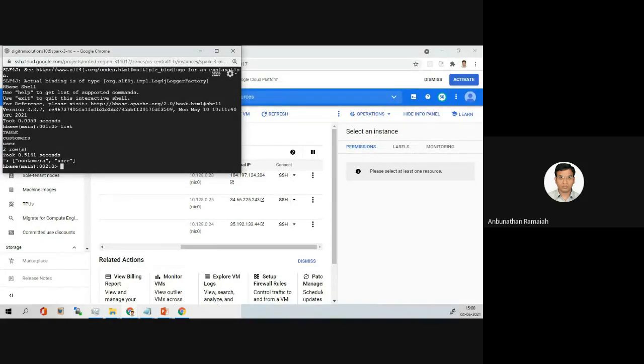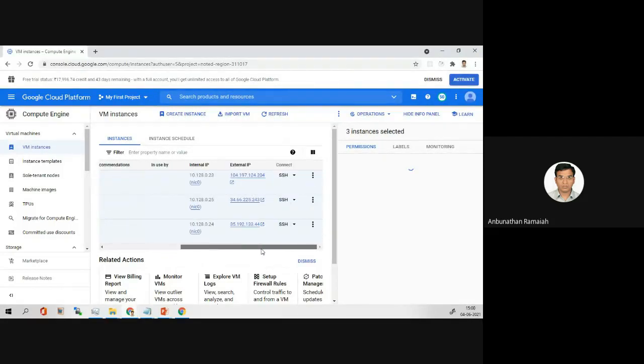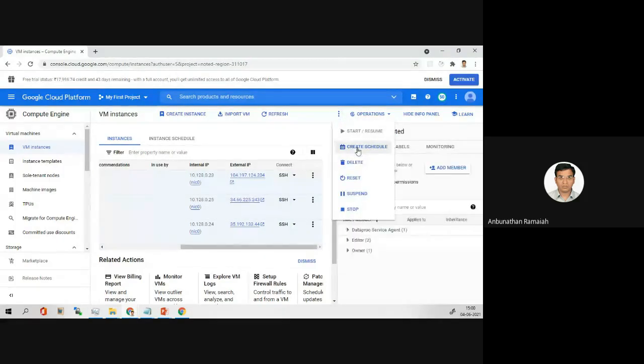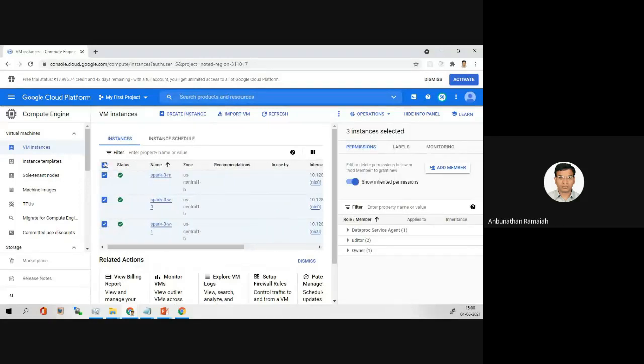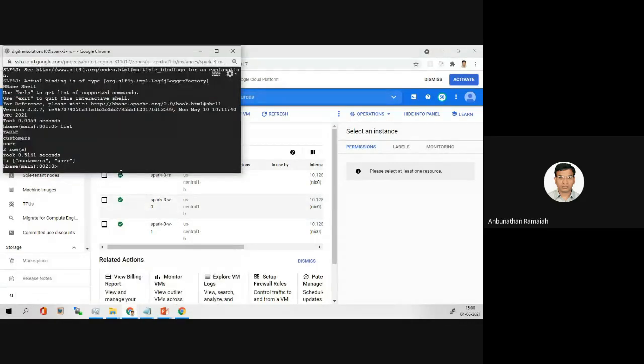So we got stuck here in this place, the HBase. What I did, how I fixed it, I'll tell you. I just selected all these VMs and then went here, and stop and then start. So this is the step. Then it is working fine. So always small issues will be there, and we should not get stuck with that. Let us continue from this point.